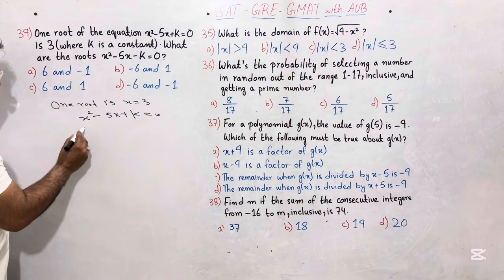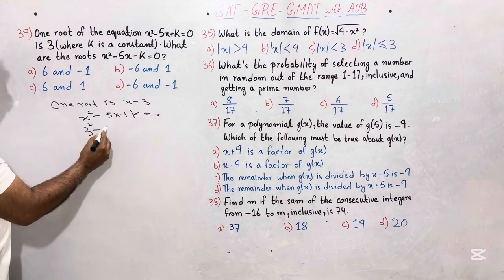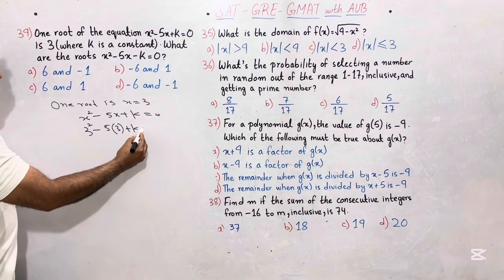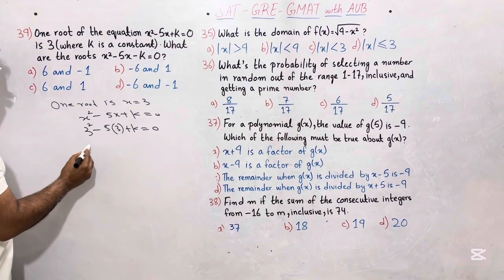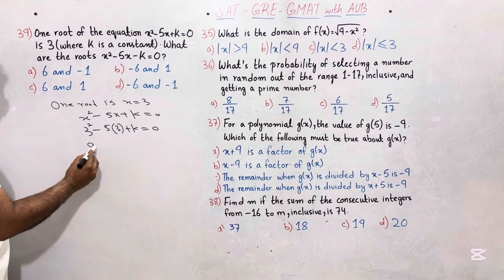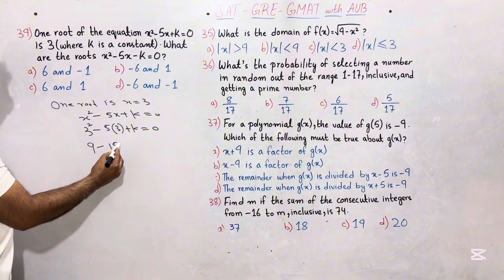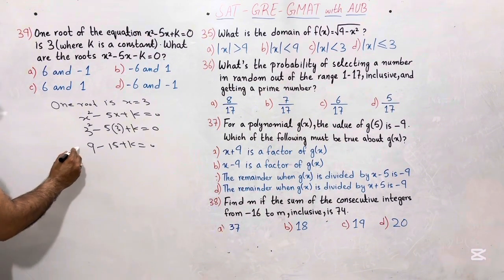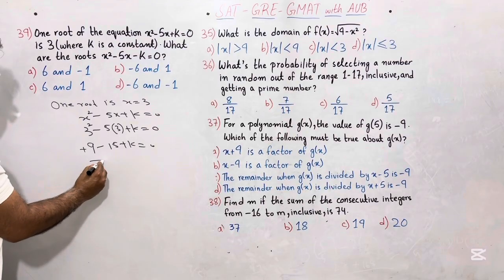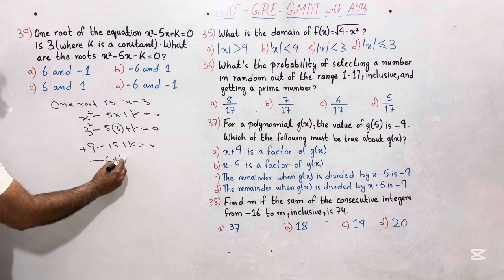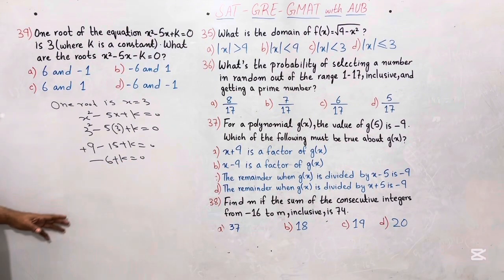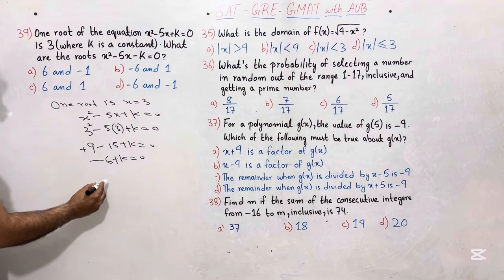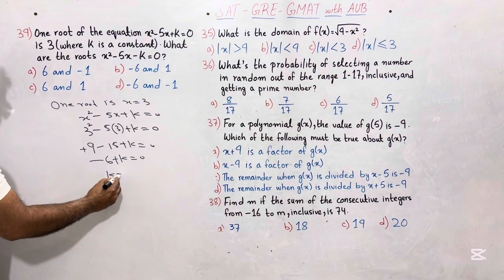Plug in x is equal to 3. 3 square minus 5 times 3 plus k is equal to 0. The square of 3 is 9. 3 times 3 is 9. 5 times 3 is 15 plus k is equal to 0. Positive 9 minus 15 results in negative 6 plus k is equal to 0. Adding 6 to both sides, shifting minus 6 from left to right, it will become positive, k is equal to